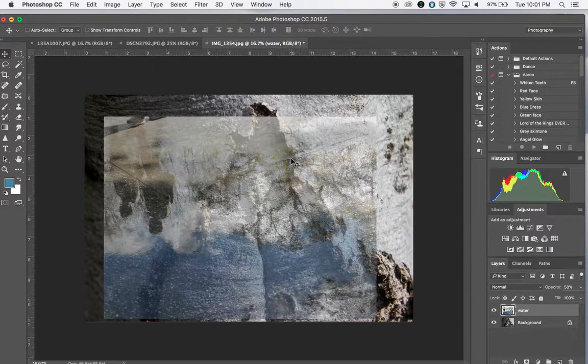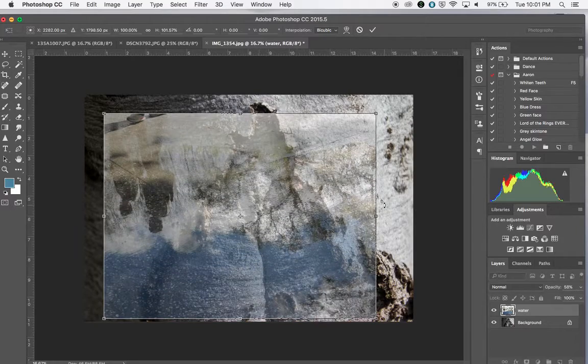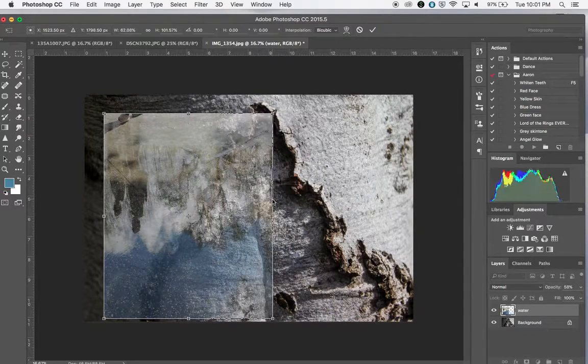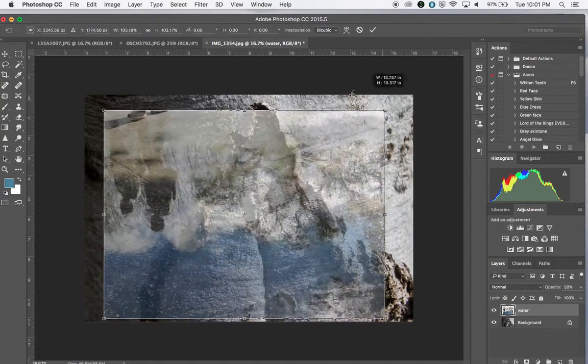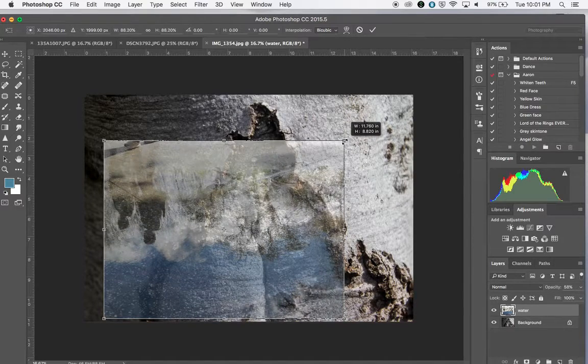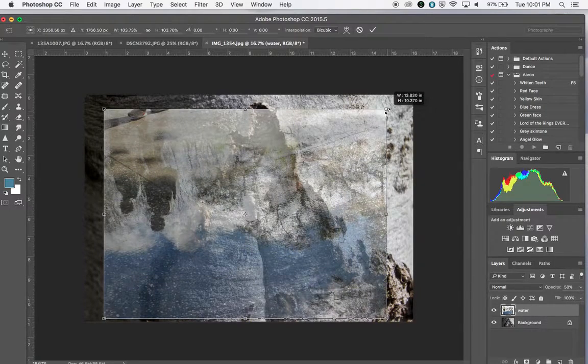So the first technique we're going to do is called transform. And to transform this image, we're going to hit Command T, and now you see the transform box come up. Now if we take our left click and start moving it around, you'll see we can flatten it like this or squish it like this, and that's not really great because it damages the perspective. What you want to do is after you hit Command T, hold shift down, and then left click and drag, and that makes it so that you can enlarge or shrink this image